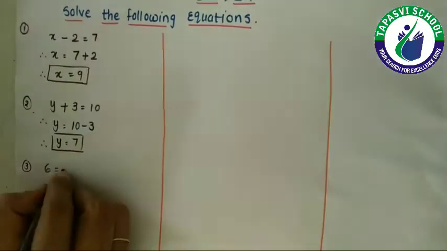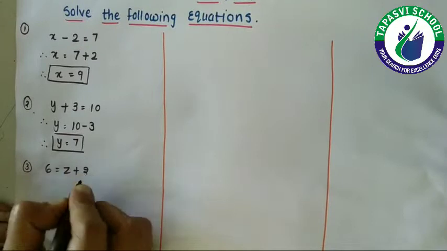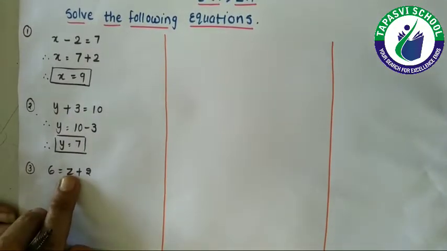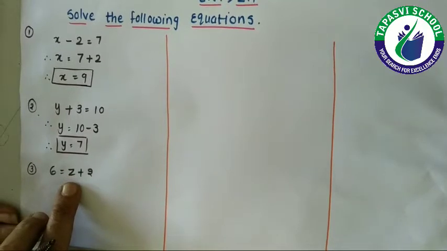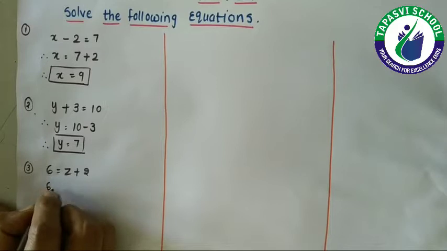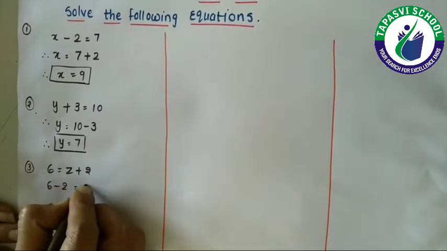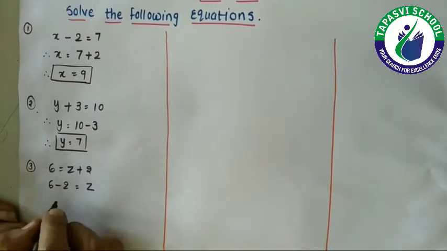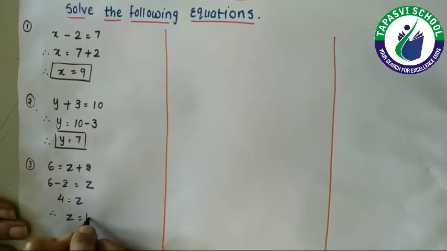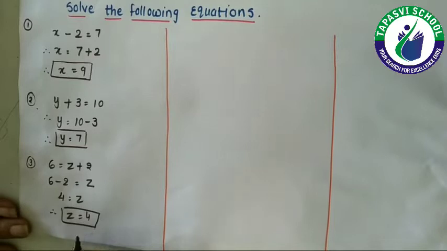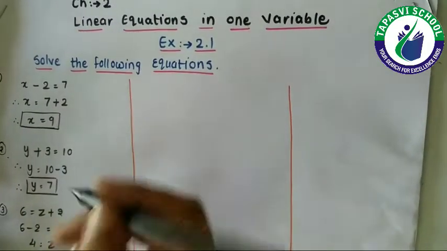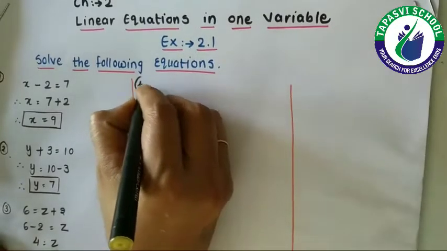6 is equals to z plus 2. Again students, here my variable is z. So that will become the object and I will change the position of the numbers. 6 minus 2 is equals to z. 6 minus 2, that is 4, and therefore z is equals to 4. Now in our question number 4, it is given